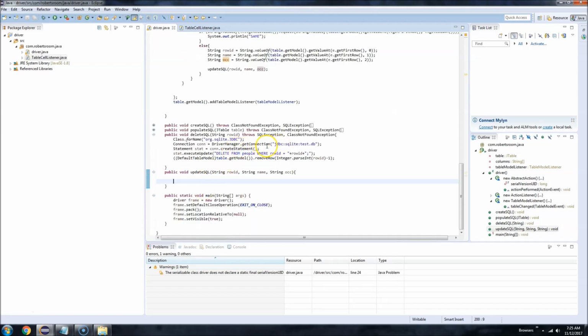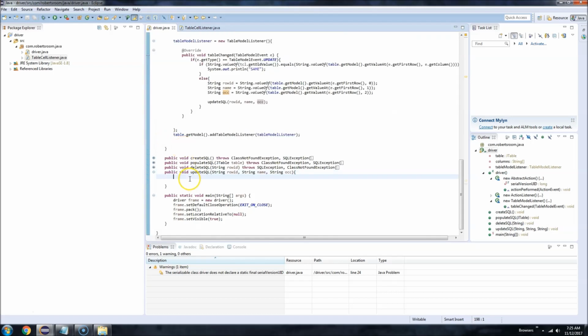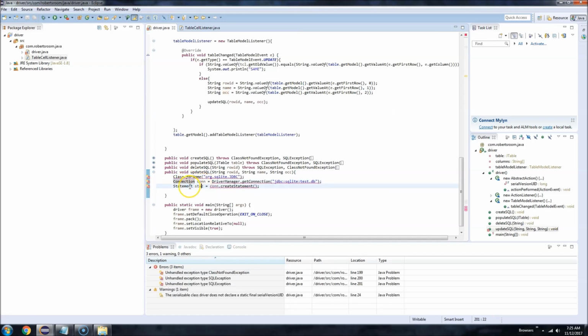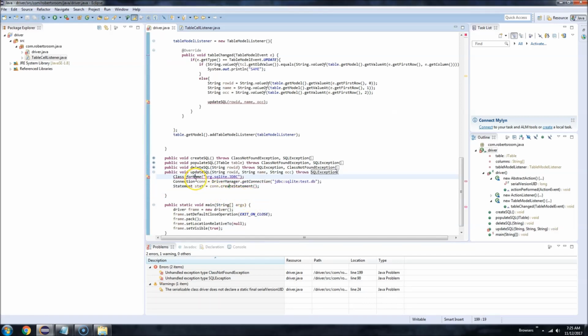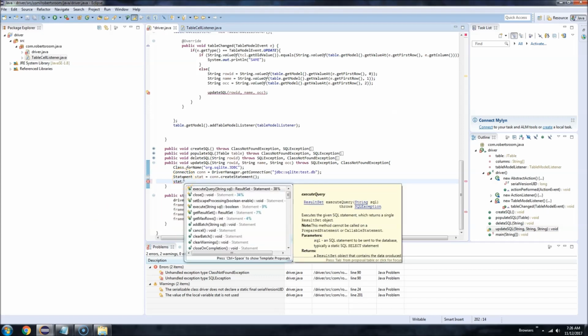Coming back here, I'm just going to grab these first 3 lines and copy them, because this is the class declaration, connection creation, and then the statement. We'll add a throws declaration and a throws ClassNotFoundException. Now, what we can do here is go ahead and create our actual update command, which is a pretty simple one. It's just the stat.executeUpdate,